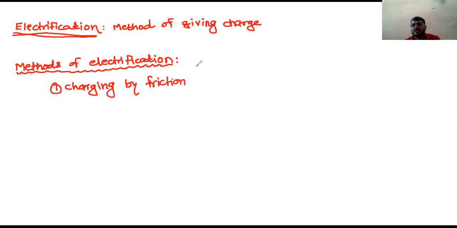You know, when you are combing your hair, and if you are bringing paper pieces near that comb, it will get attracted. Why is it so? Because charge transfer takes place, and that is also by friction. Because when you are rubbing that comb on hair, what happens? There will be some charge transfer. So if we see one example for this, let's take a glass rod and this rubbed with silk cloth.